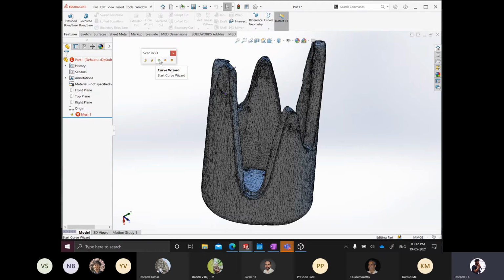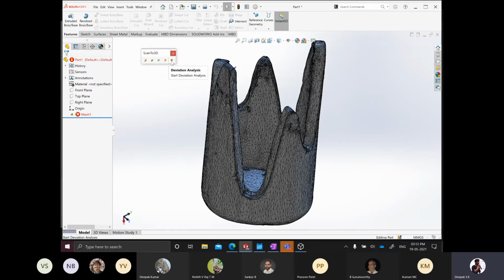It's just like in UV curves or double bend curves. So you can have a boundary surface patch kind of arrangement here. And finally you get to the surface wizard. In surface wizard, after creating all this mesh, finally you will try to approximate a surface over the mesh which you have created, and then extract the surface patches out of it. So I will go through each step one by one.